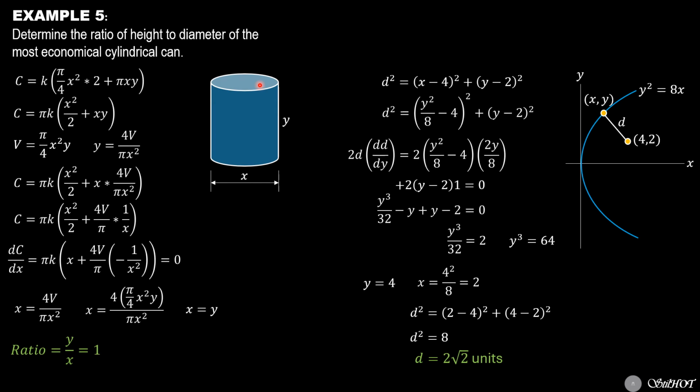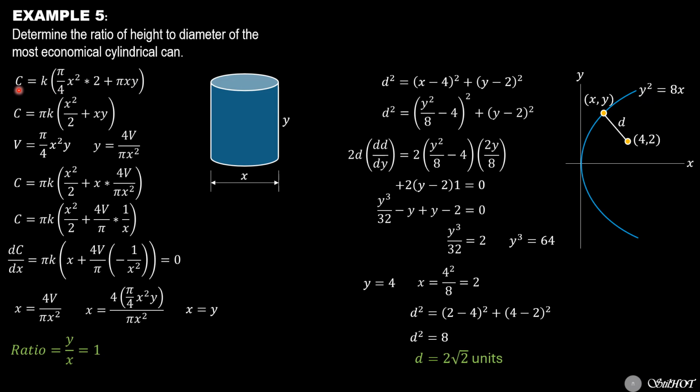And when you manufacture this can, you need to buy tin sheets, or if it is made of tin, and it is a function of the area and the thickness. Assuming the thickness is constant, then it is just a function of the area. So let us denote K as the unit price of the cylindrical sheet of maybe tin or any material, and it is in terms of money per square units of area. So that's why we multiply it by the total surface area.